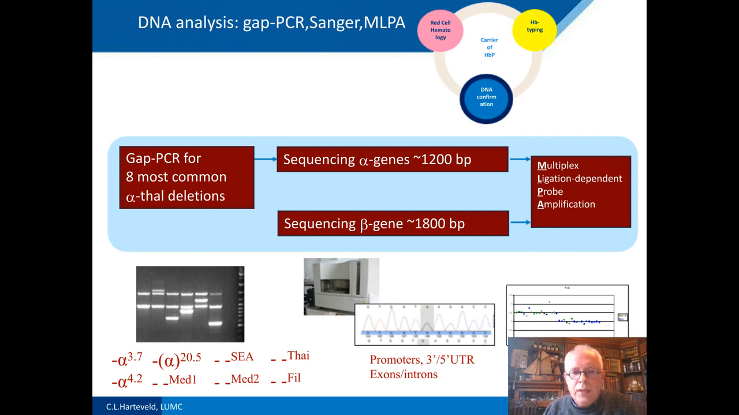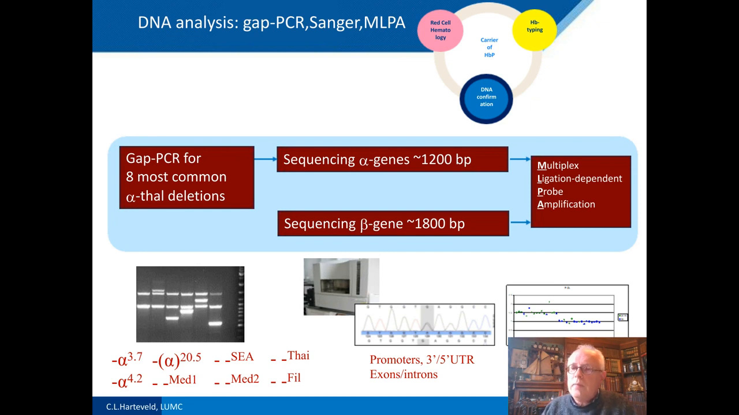If that is negative and we still have a suspicion based on the hematology, we can do sequencing of the complete alpha and complete beta globin genes. And we do the same if we see a hemoglobin variant, because the variant can be either an alpha variant or a beta variant. So we sequence the alpha genes and the beta genes. They're relatively small. So in 4 overlapping fragments, we can sequence the complete